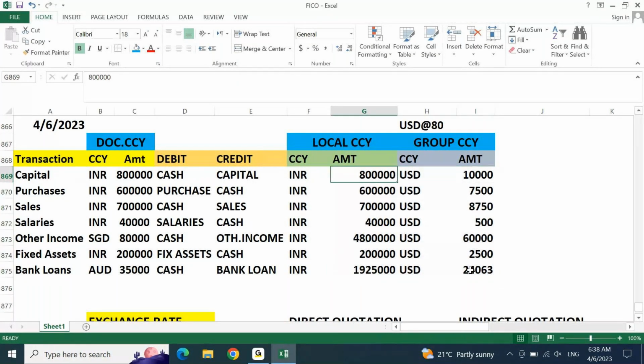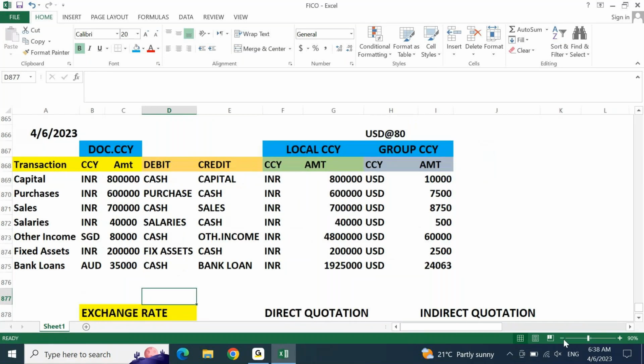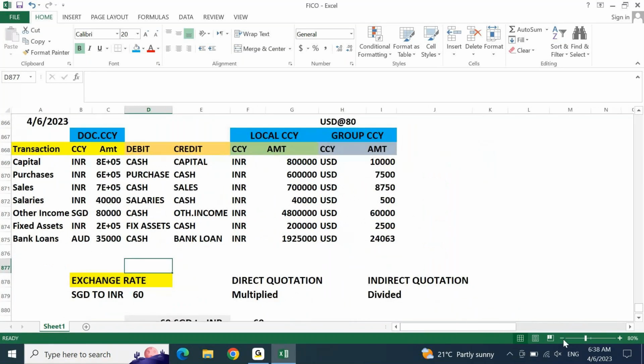Okay, now from this, let us prepare a trial balance. Now everybody knows how to prepare a trial balance, right? Everybody is clear how to prepare a trial balance. So what I am going to do, I am not going to prepare the trial balance. Straight away, I will prepare the P&L. Now to prepare the P&L, I need